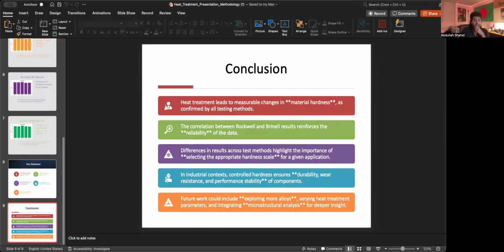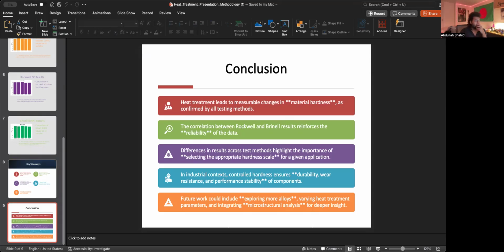Lastly, I will start concluding here. Heat treatment and hardness testing are essential tools in engineering different types of materials, but understanding how to control microstructures is what makes it really important. We can tailor materials for applications where performance, safety, and cost efficiency are critical. The data from our test not only confirmed theoretical expectations, but also demonstrated the value of cross-method validation in hardness measurement. So again, like I said,